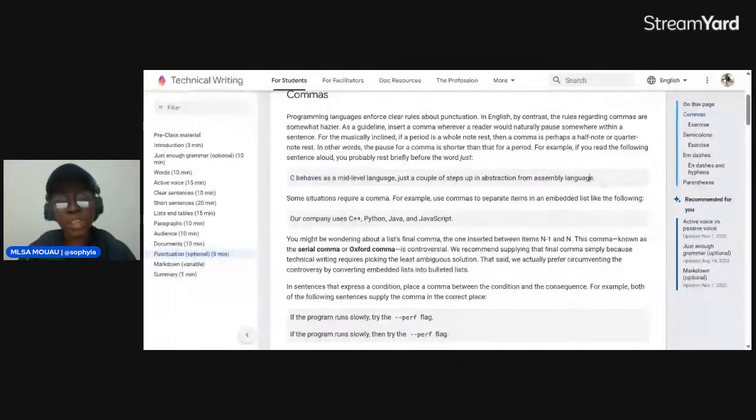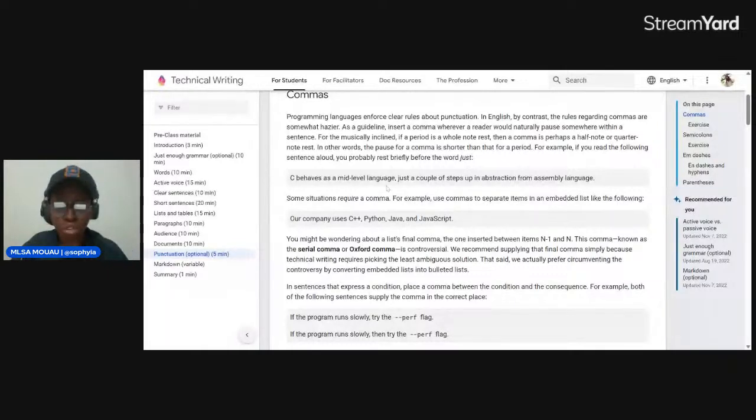C behaves as a mid-level language, just a couple of steps up in abstraction from assembly language. If this comma did not exist, you as a reader would have to read this whole thing at once, and to some who understand information very slowly, they will not really understand this.